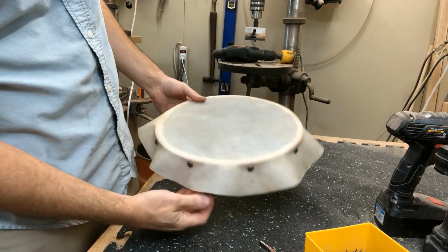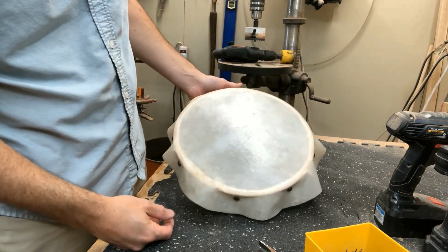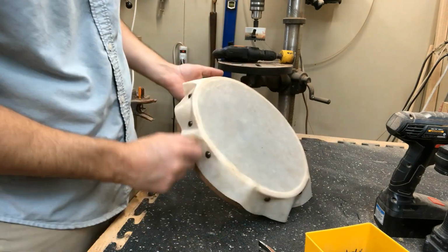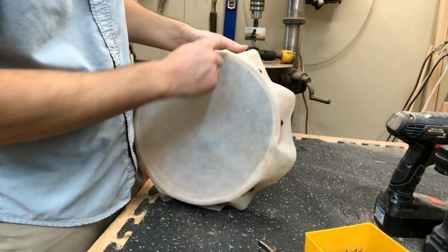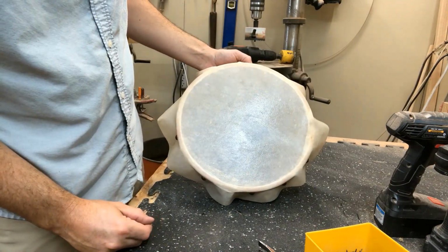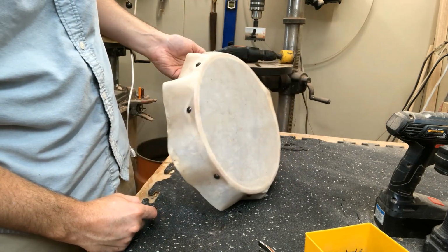Once you've got 8 tacks on, I don't really track if I'm splitting the difference exactly in quadrants. I just go around and fill in the tacks. I'll leave a space out maybe. All right, once we've got the first 8 tacks in place, the skin is going to be pretty much